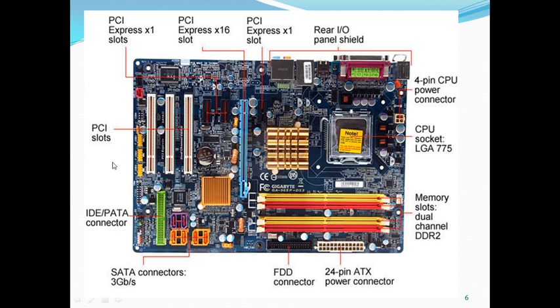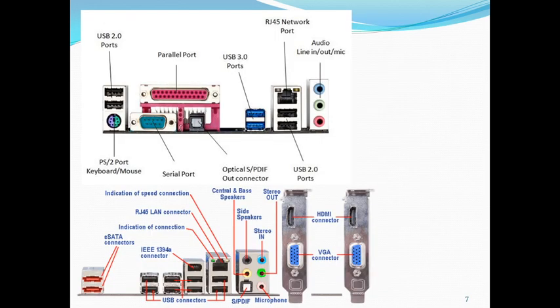So if you open your CPU cabinet and visualize this motherboard, you can see different standards like this. And these are the different connectors you can see. That is a USB port, this is your parallel port, and this is a serial port, right? These are again USB ports. These are different network ports where you can connect your LAN cable and so on. And these are different audio connections like line in, line out, or mic connections.